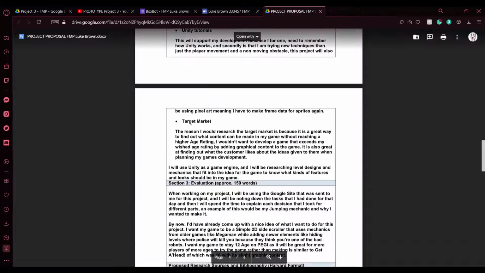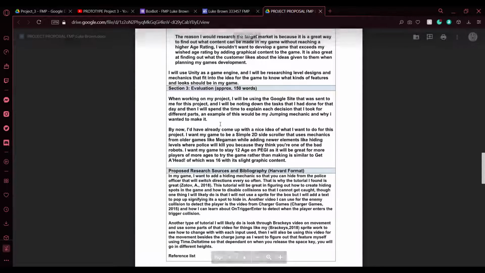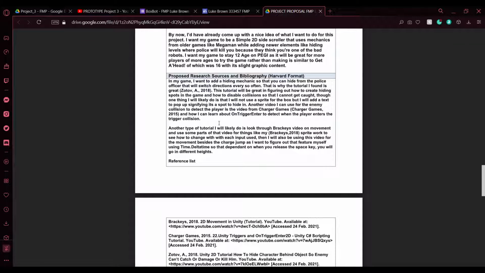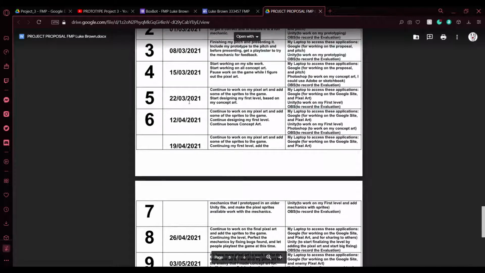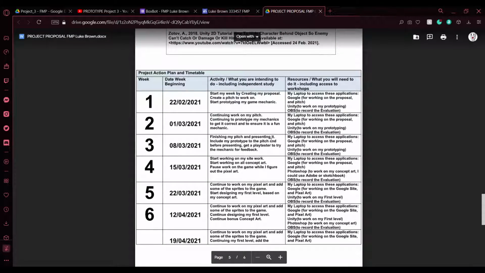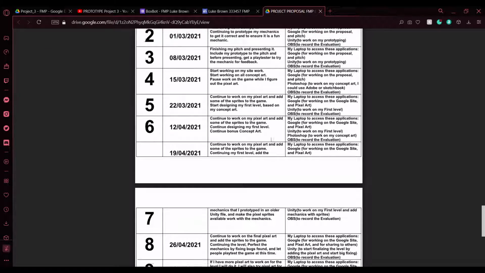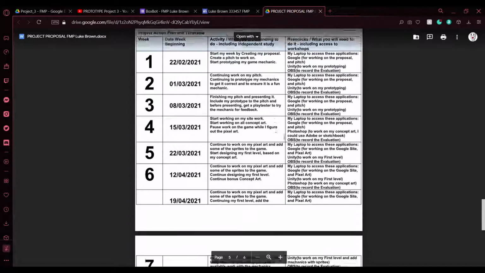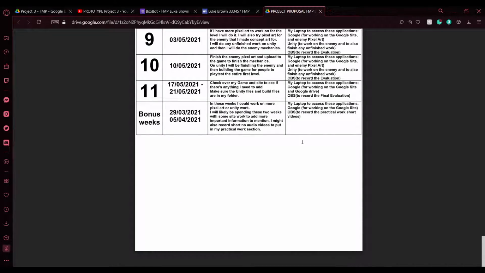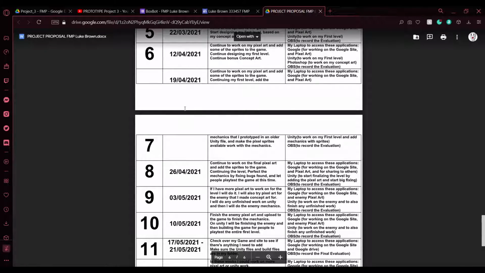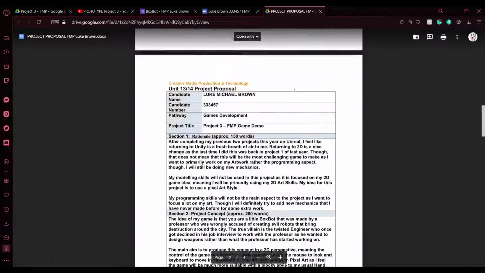And of course, the concept, the different resources we'll be using, how I'll be evaluating, and my planning structure of how I intend to do my game. I'll go into more detail about my plan in a tab on my site.